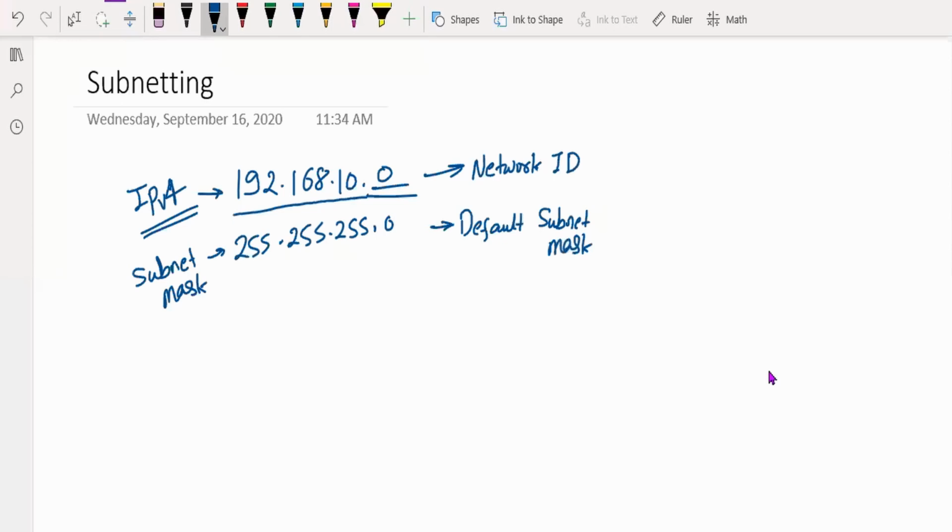So basically, if you are dealing with this network, you can write this network and subnet mask in another way also, which is 192.168.10.0/24. Okay, so 192.168.10.0 is your network ID, and /24 means there are 24 ones. This is 8, this is 8, this is 8. So 8 plus 8 plus 8, that is 24. And the rest 8 are zeros. So basically in this lab session, we will do subnetting.